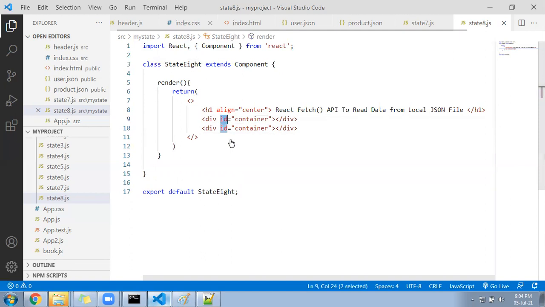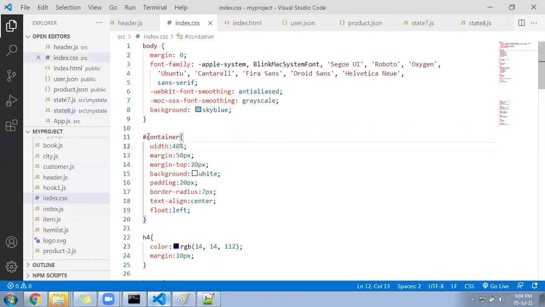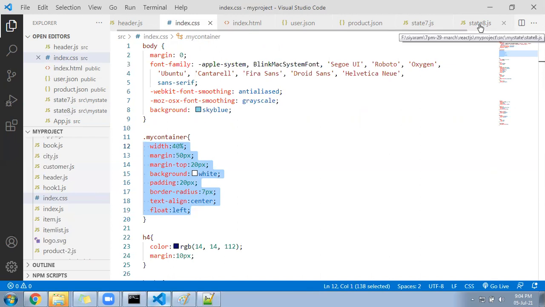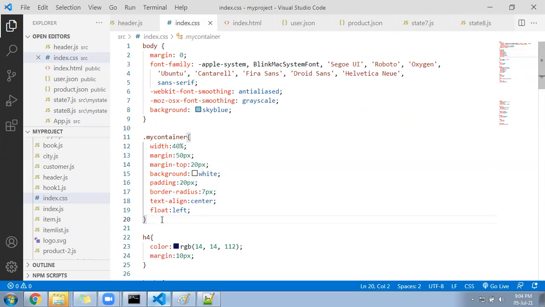Look at here. In my CSS file, you can see I have written, okay, let me convert into class. It should not be the wrong rule. Container I have written, but container will be wrong. Let me keep it in my container class. I have written certain CSS here. I have given the width, padding, margin, everything for my container. This container class I'm going to use here under the state8.js file. You can follow this CSS in your page, so it will be helpful. And you can see for body I have written background is sky blue.